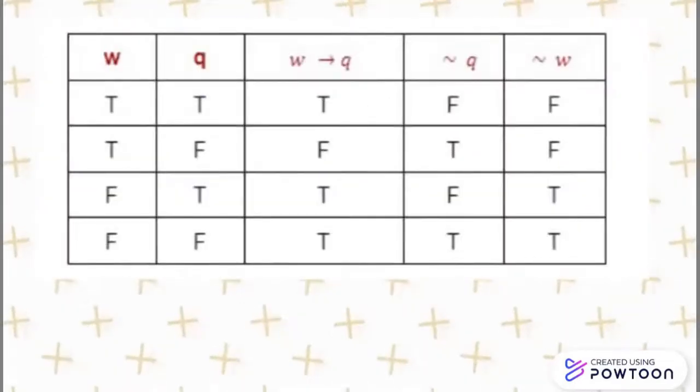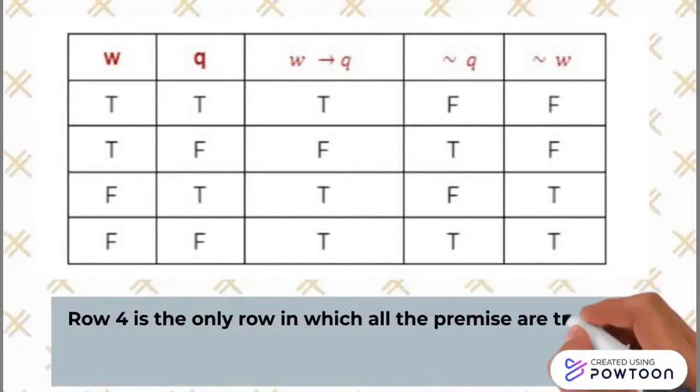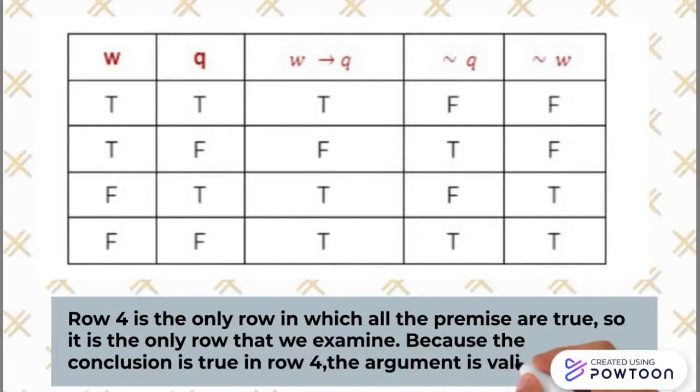The truth table shows the argument. So, row 4 is the only row in which all the premises are true. So it is the only row that we examine because the conclusion